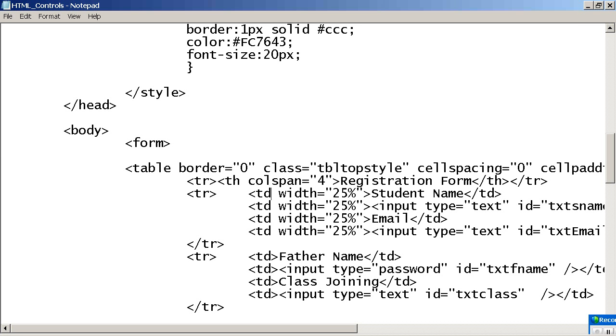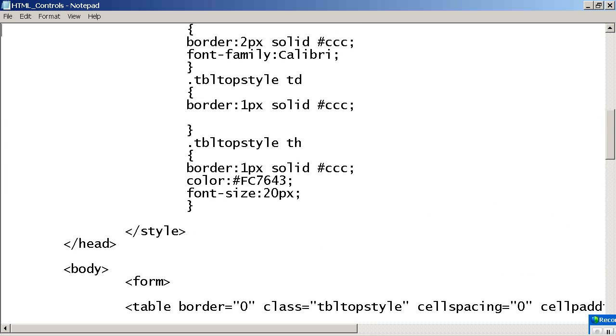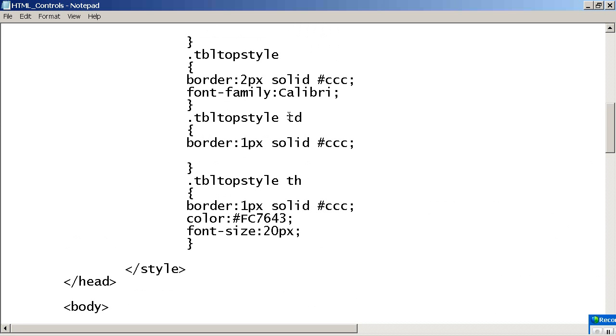Rather than that, if I use this code now, what will happen? It will apply to all of the TD which is under this top style where it is used. Next, it will apply to the TH where this style is in reference to the table. Are you understanding? So this is one kind of style.